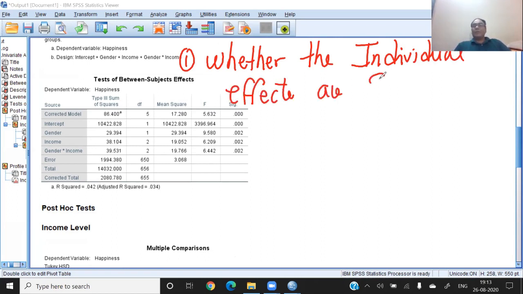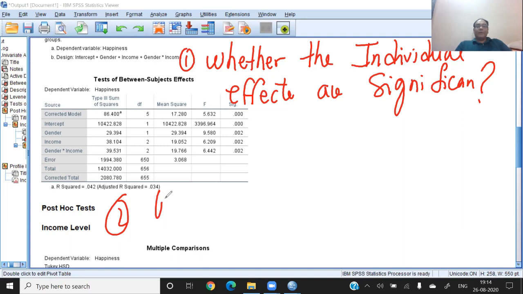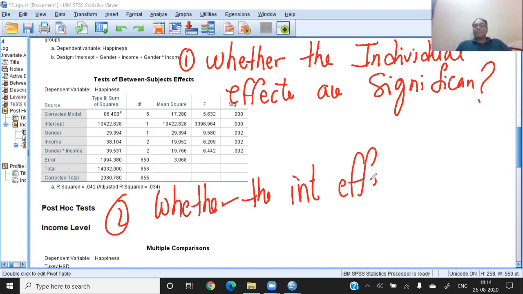Question number 1. Question number 2, whether the interaction effect is significant.